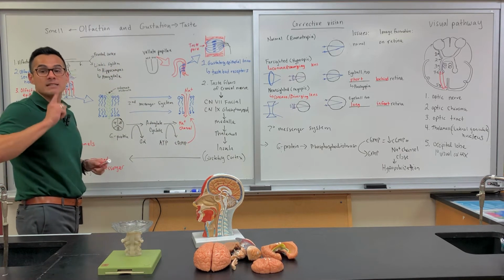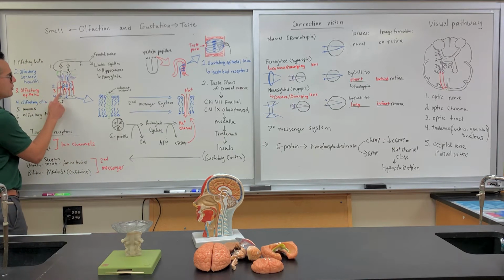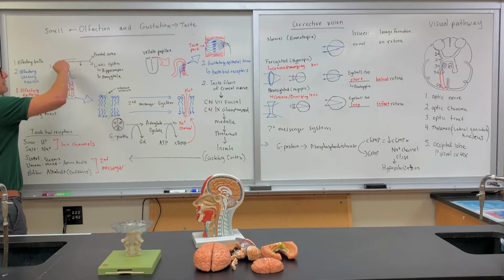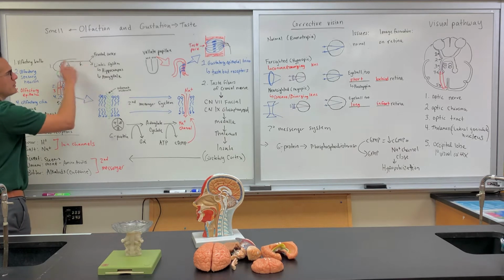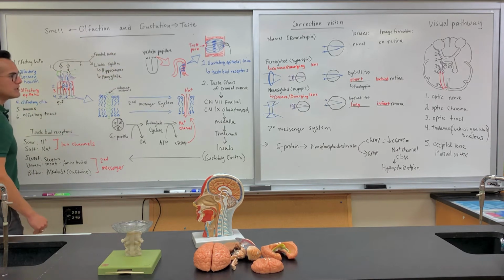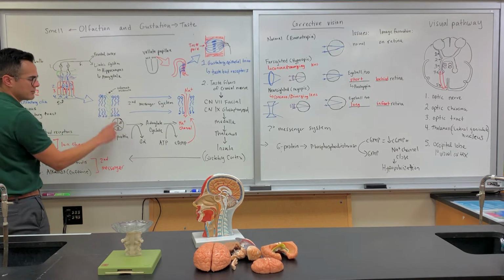It becomes more positive. It goes up. So that's what's going to send this action potential all the way along this particular sensory neuron, and then we activate these. It'll activate the next neuron and then we'll continue this cascade until we get to the particular regions in the brain. So what the secondary messenger system is, so once the molecule binds to its receptor, we have